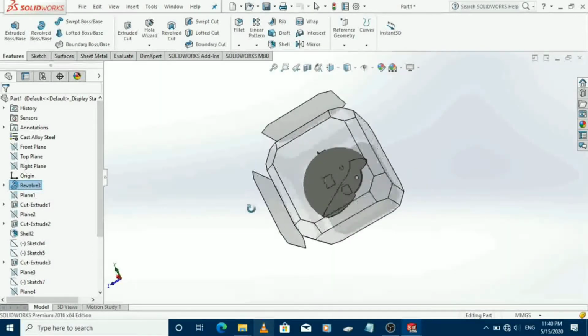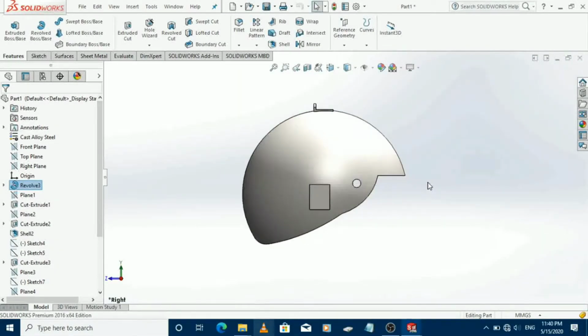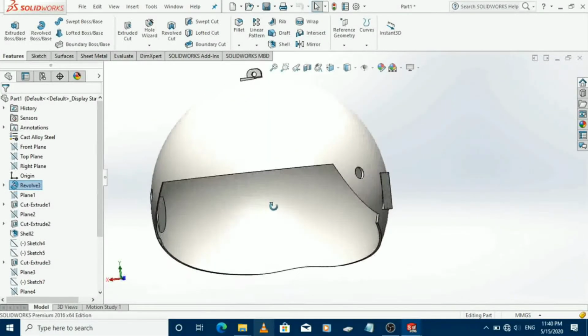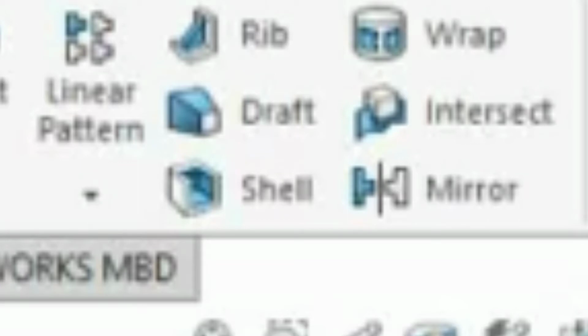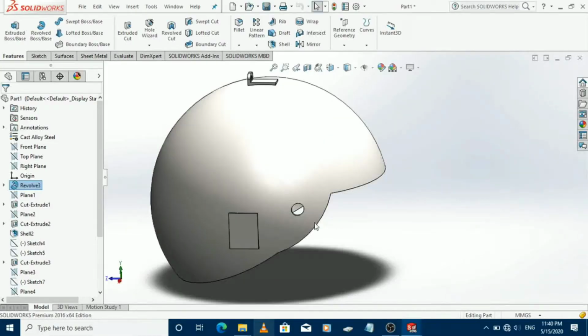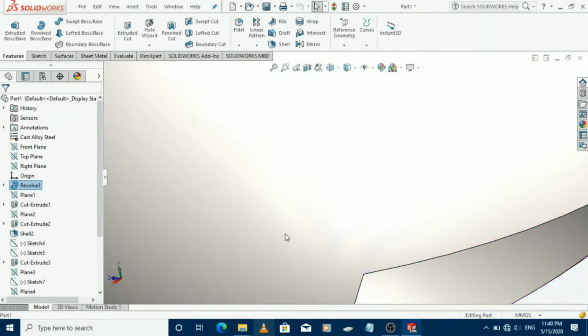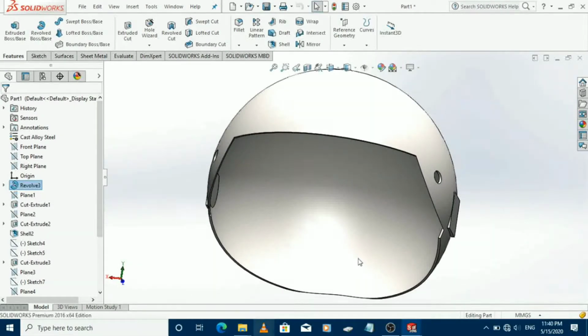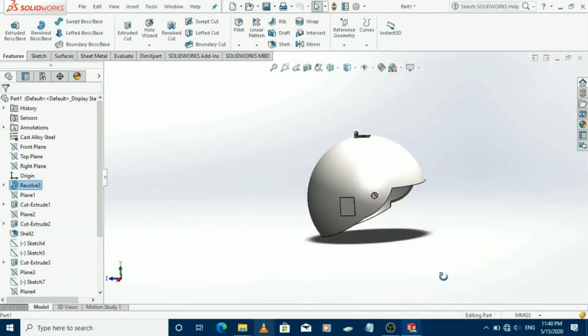And then a normal thing which everyone can use: just create a sketch at the right plane and then use extrude cut, okay. Extrude cut you can use, and then it looks like this. Then I use the shell feature, and for shell I use approximately 2 mm, okay. Using shell, I then create this hole for attachment of the second part, okay.